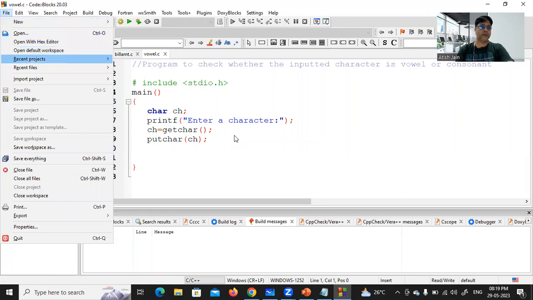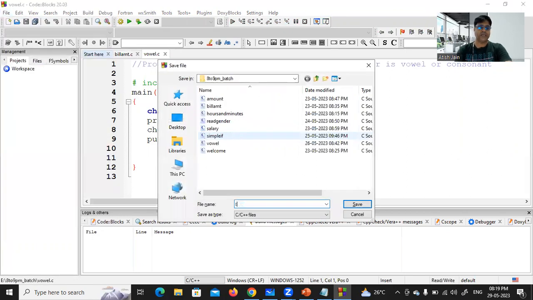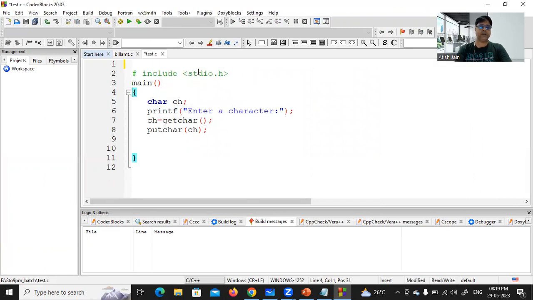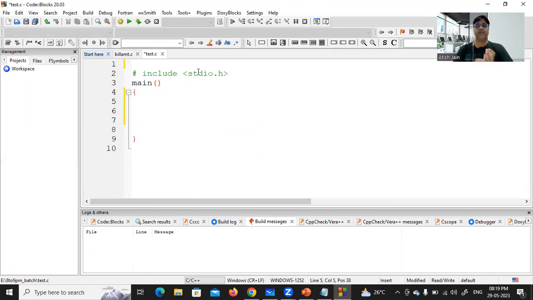Okay, so I'll just save this project as a test. It will be like a test.c. Okay, and I'll write this program. So guys, tell me, like I'll say printf